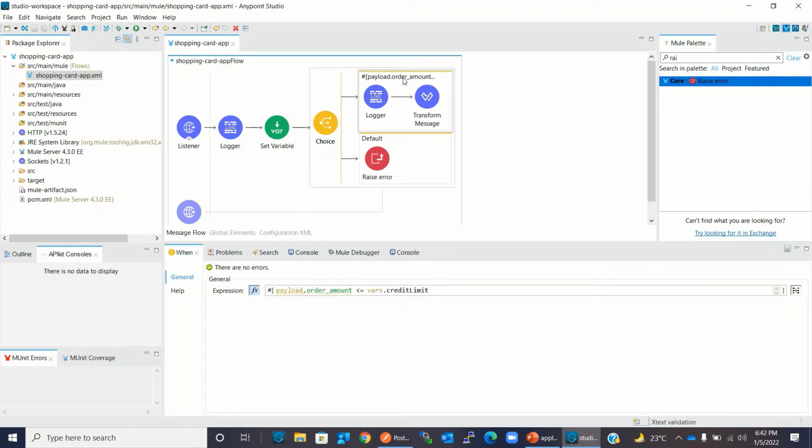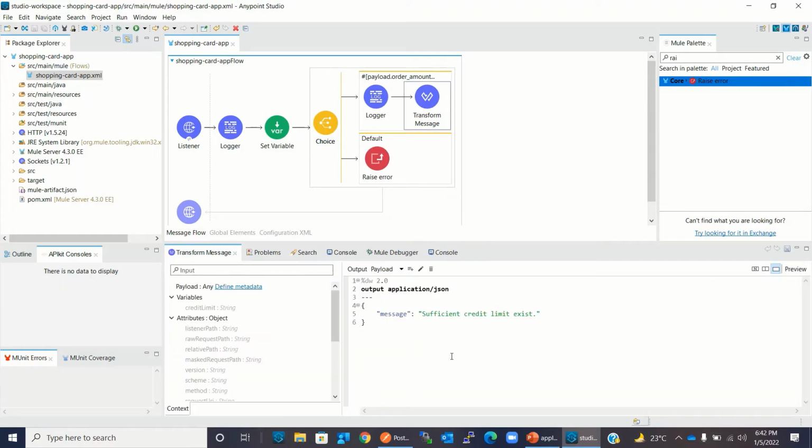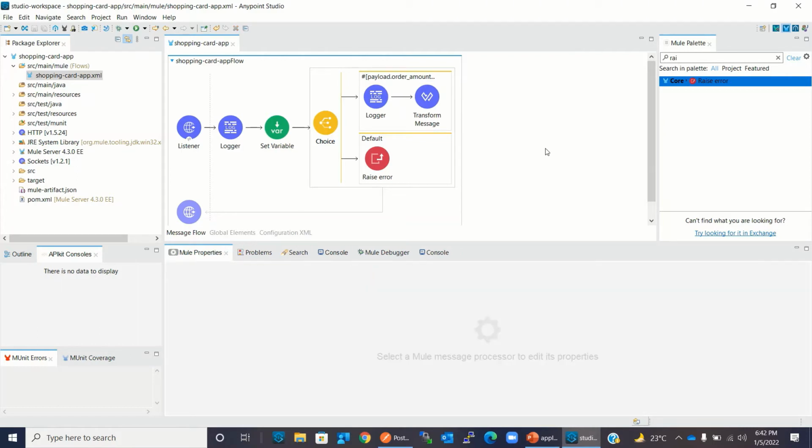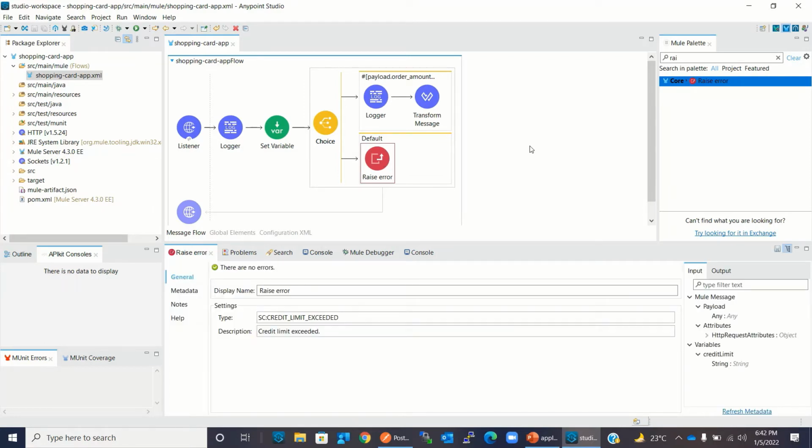Then in the choice router, I'm checking if the order amount is less than or equal to the credit limit. If it is, I am building a JSON payload message: sufficient credit limit exists. But if the order amount is greater than the credit limit, I'm creating a custom error. It will be raised at runtime and the Mule application will fail.